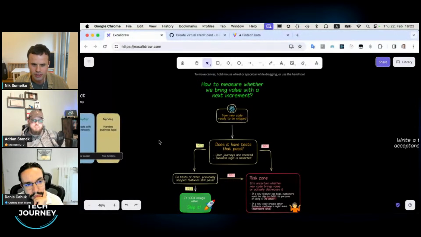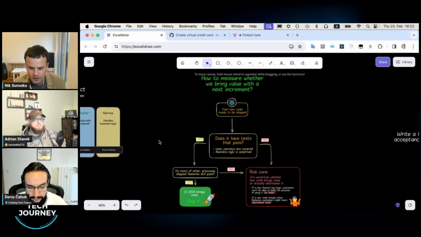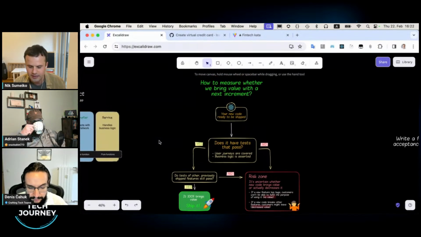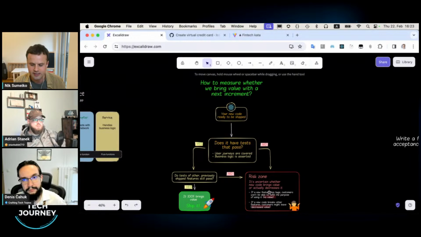You know that you're shipping something. It might not be useful for your customers, but business value is not always usefulness. Business value is also that you ship something that works and helps you verify whether it's useful or not. That's also business value, okay? In case you don't ship that increment with tests, or some of the tests from the existing setup are breaking when you ship the increment, then you are in a risk zone.